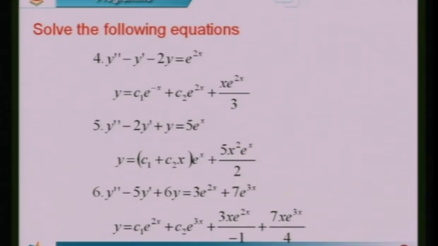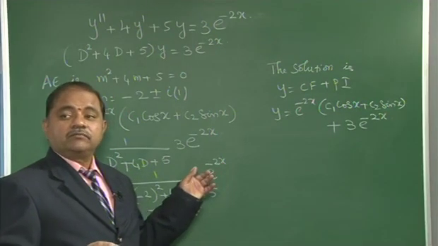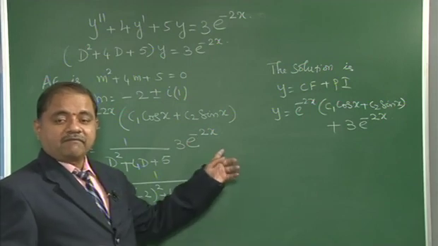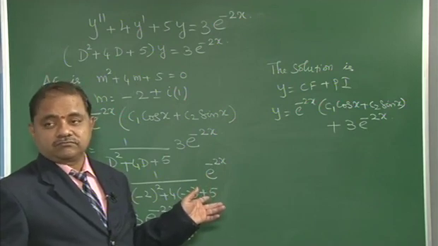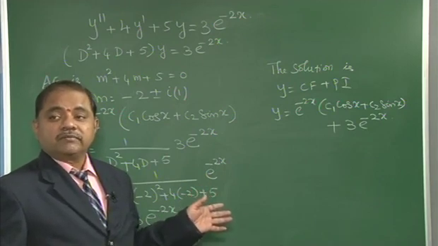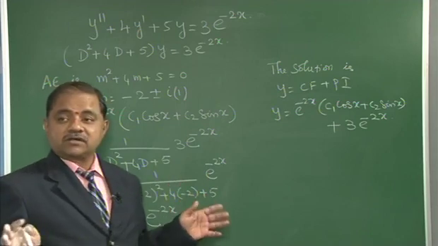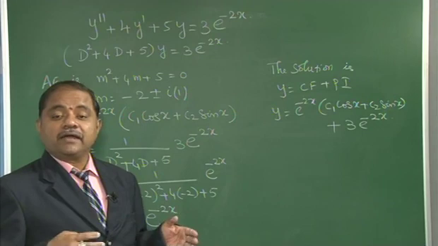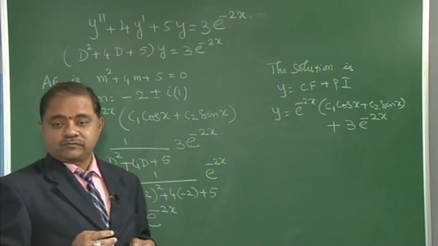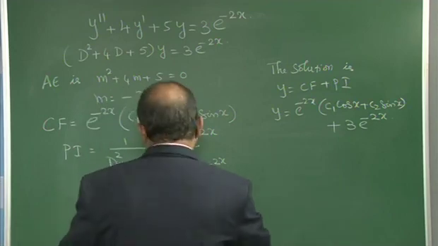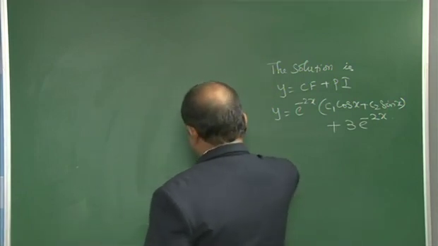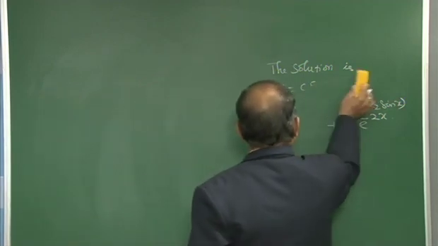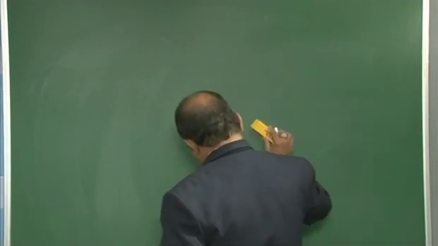Sometimes the denominator may become 0. That means if I substitute the d value in place of a value in place of d, it may become 0. At that time what do we have to do? Because 0 means it will become infinity, and infinity is not a solution. What should I do? So that is called particular cases of type 1 problems. This is the particular case. You should be very careful in that.